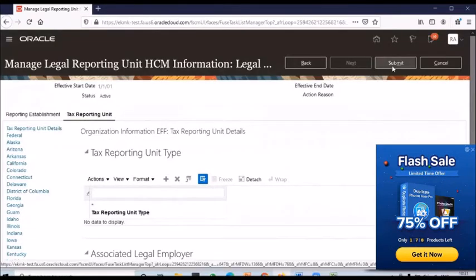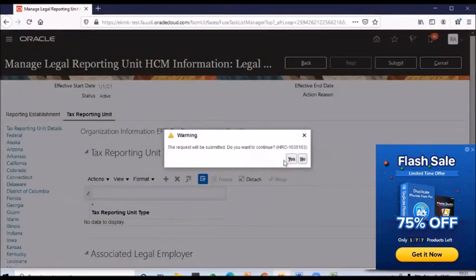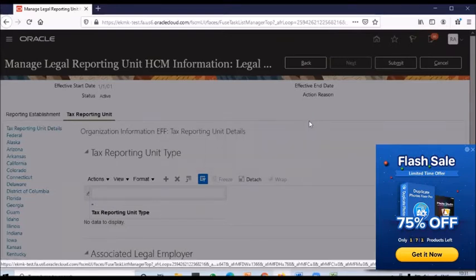Then you can click on the submit button. Then click on OK.